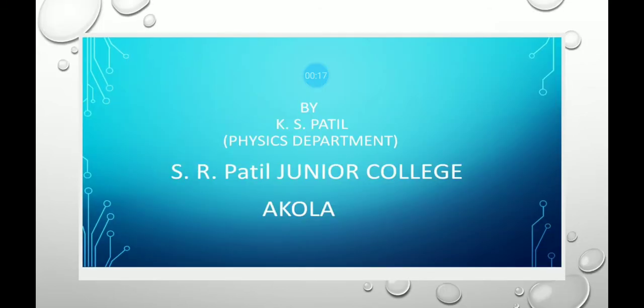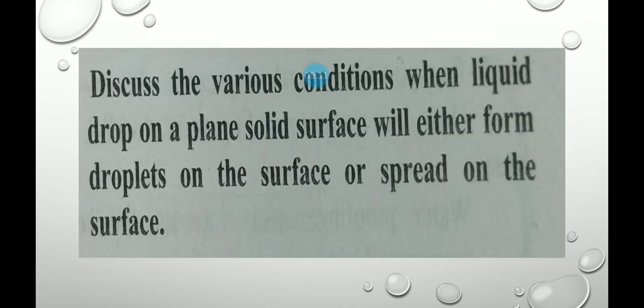Students, at the last period we saw what is meant by angle of contact and its characteristics. The angle of contact theta between a liquid and a solid surface is defined as the angle between the tangents drawn to the free surface of the liquid and the surface of the solid at the point of contact, measured within the liquid. And some characteristics we had also discussed.